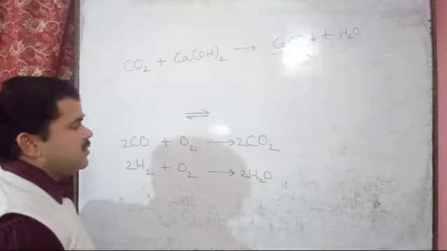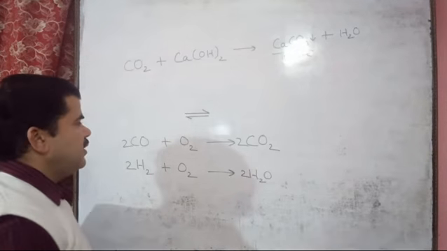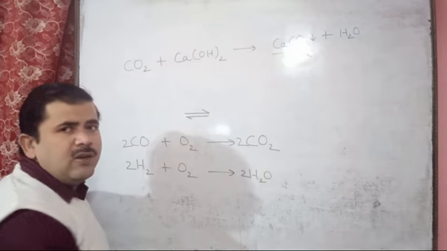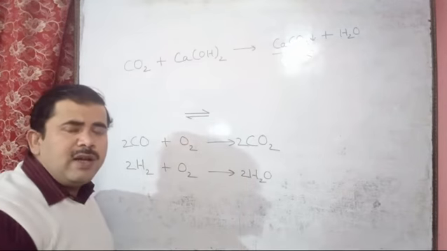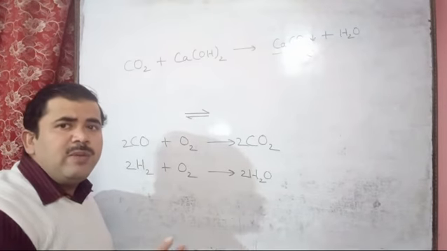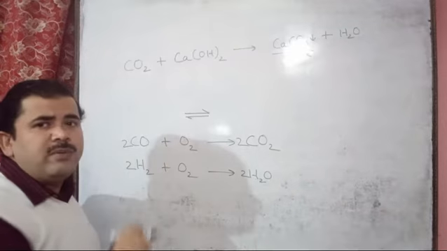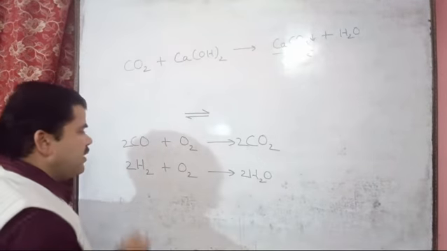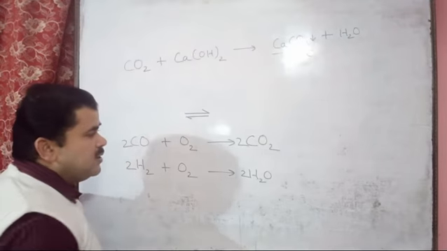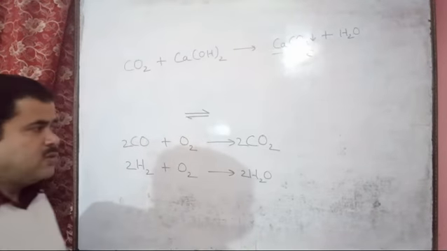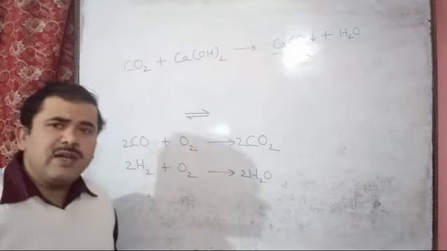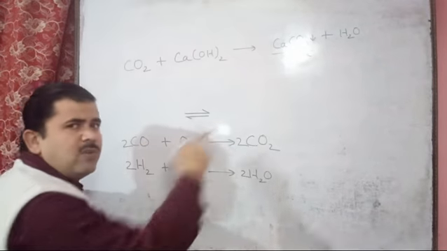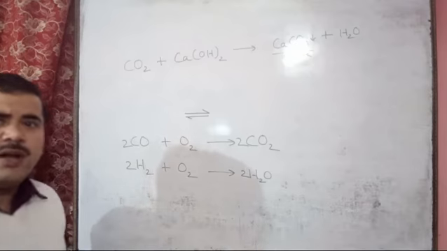By this we can easily say this gas is carbon monoxide, because it gives carbon dioxide, and carbon dioxide has the tendency to give a milky color in the solution of calcium hydroxide, lime water. But hydrogen reacts with oxygen and gives water only. Water has no tendency to change the color. So by this we can distinguish that this is carbon monoxide, and the second one is hydrogen.